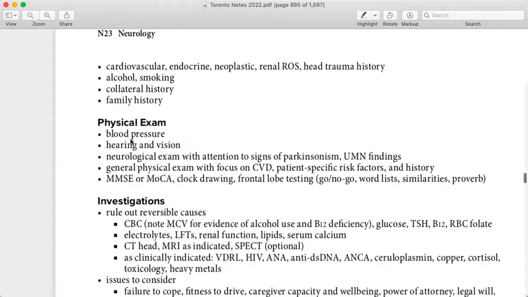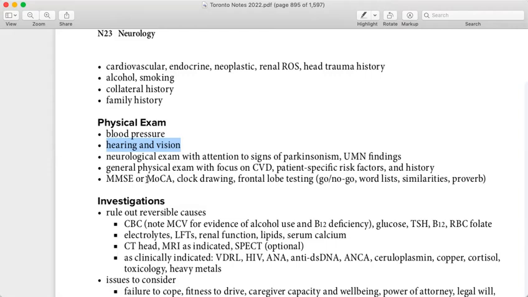Then you are going to start with the blood pressure because the patient might be suffering from hypotension. Hearing and vision are important. It's very, very important because this is very common and people miss it, because maybe the hearing is the problem. That's why he's having these falls and is unable to maintain balance. Vision is also important, because if the vision is disturbed, then maybe that is leading to a fall. Neurological exam, including Parkinson, general physical exam will focus on CVD and then risk factors, history, MMSE, and